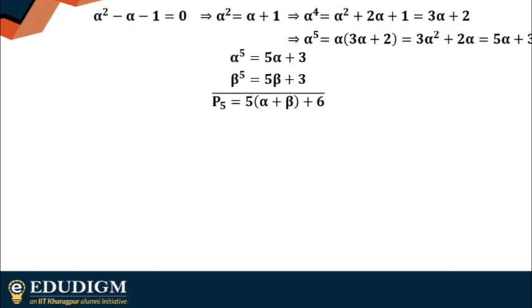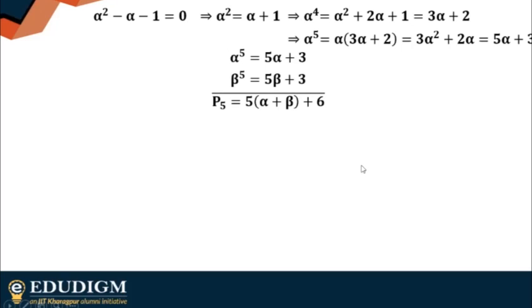So this is how alpha to the power 5 will look like. All right. So you have alpha to the power 5 and beta to the power 5. You have to find out the incorrect options. I hope this is clear. You have to find out the incorrect options. So this is beta to the power 5. So if you just go for P to the power 5, P5, which is alpha to the power 5 plus beta to the power 5, you will get this one.